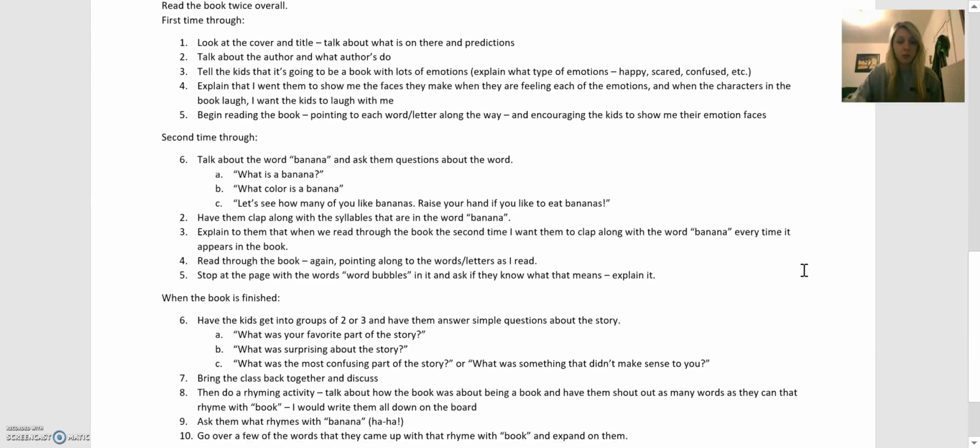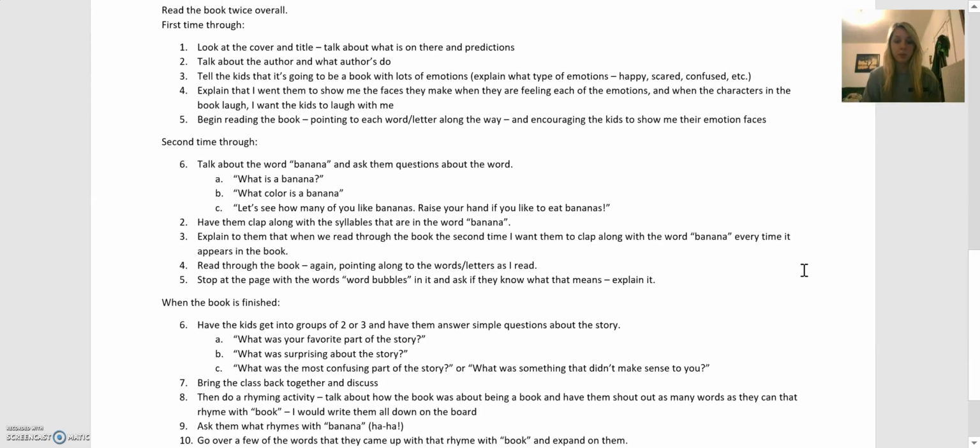So I would read through the book twice overall. The first time would be more straight through with just a little bit of stopping. And then the second time through would have more class interaction and more stops to ask questions and go over more things. So the first time through, before we would begin reading the book, we would look at the